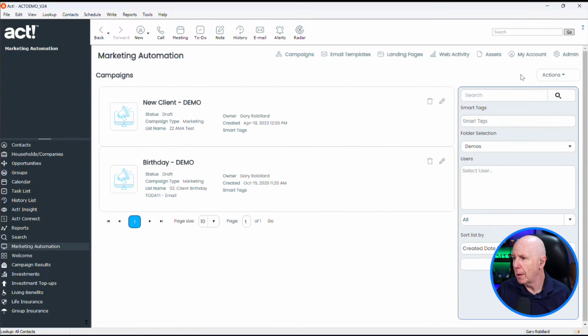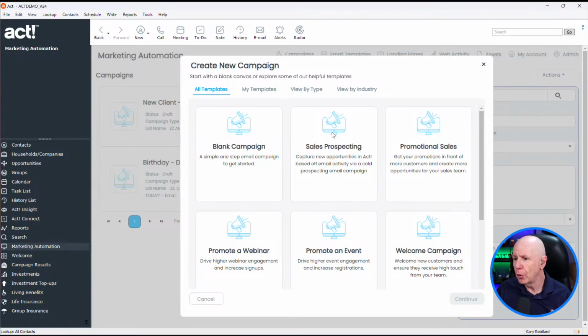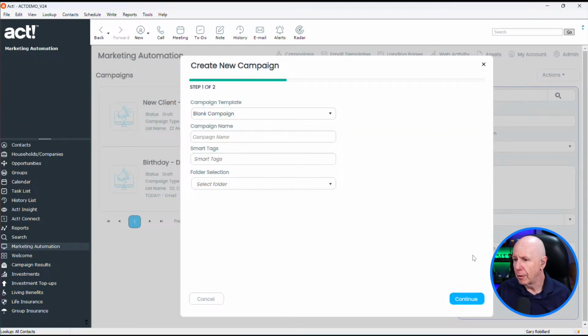So I'm going to go to a campaign. I'm going to create a really new one just to show you, for you guys with a basic, this is what you should be doing. And this isn't a new feature, but let's just show you how you can start. Start off with a basic campaign, go continue, give it a name. I'm going to call this test. What's the date today? April.